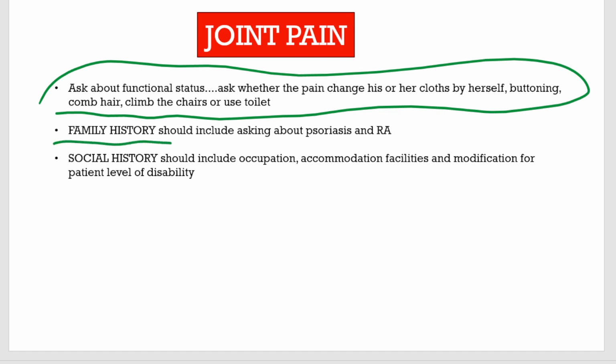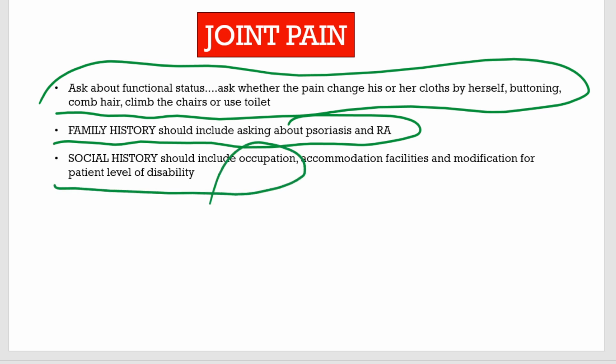Family history: we will ask about psoriasis and rheumatoid arthritis because they run in families. Social history: we will ask about occupation, because if the patient is a manual worker picking up heavy stuff, osteoarthritis will be in the differential. We also ask about accommodation facilities and modification for the patient's level of disability. So we'll get an idea